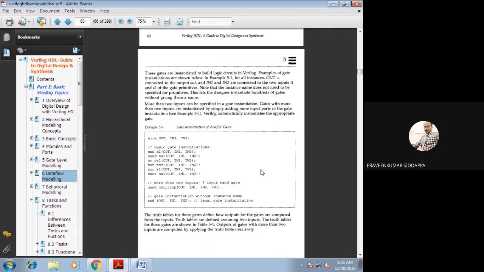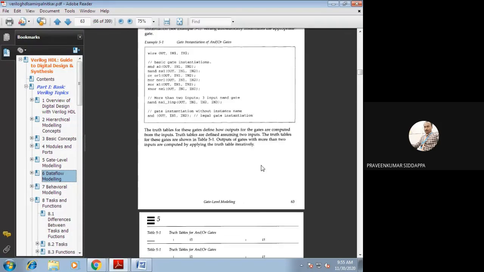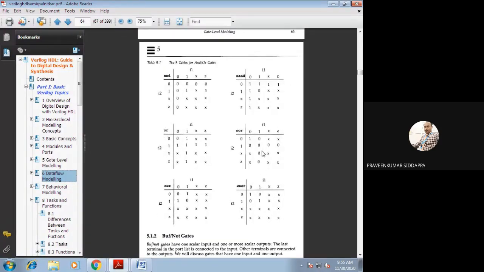Yes, sir. Next, we will see the truth tables of all these gates, AND, OR and so on. In the next slide, truth tables are there. This one is very important. One truth table I will explain, and the remaining you should follow the same way. I think in the first or second class I already informed you: whenever we design any logical circuit or diagram, we apply 4 input values.